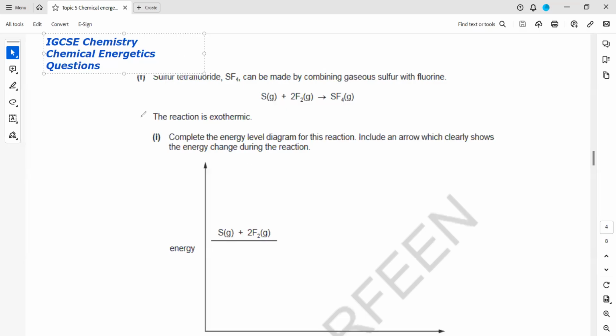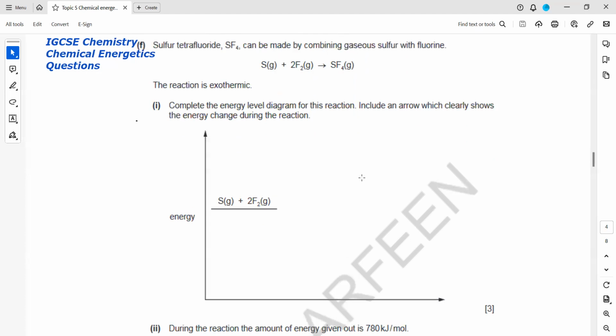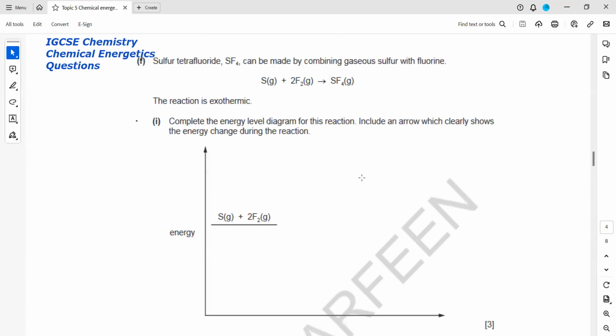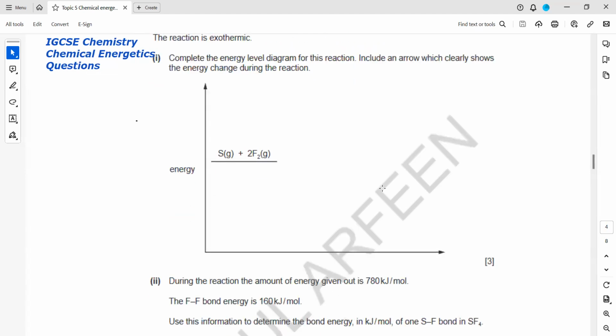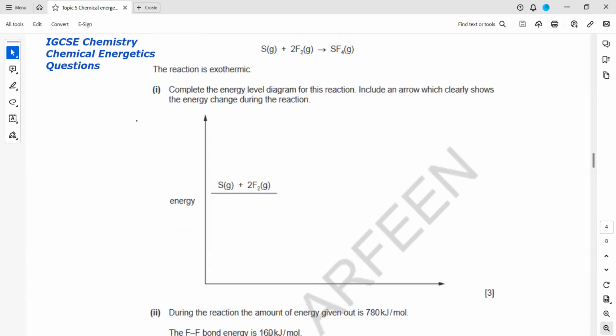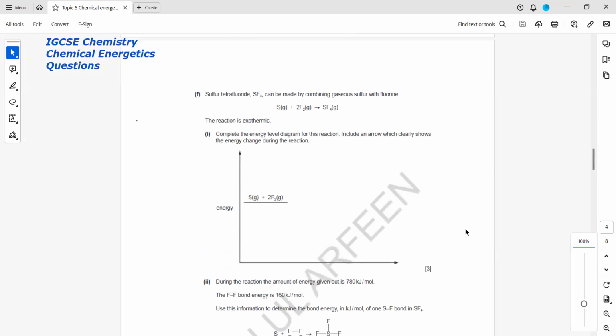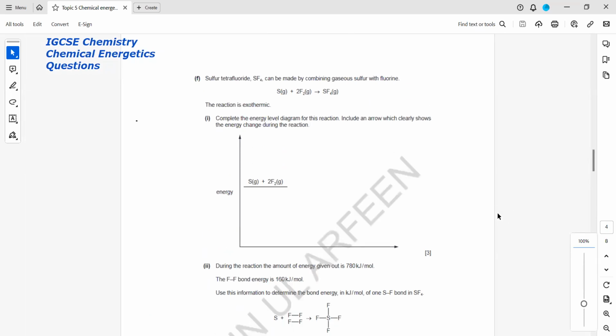So topic 5, which is related to chemical energetics. In this one, sulfur tetrafluoride is there. The reaction is exothermic. It is made by combining gaseous sulfur with fluorine. The reaction is exothermic, and during the reaction, 780 joule. First, we have to complete the energy diagram to indicate